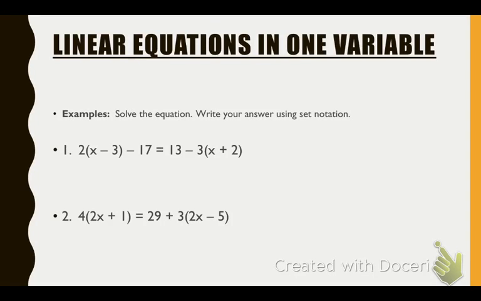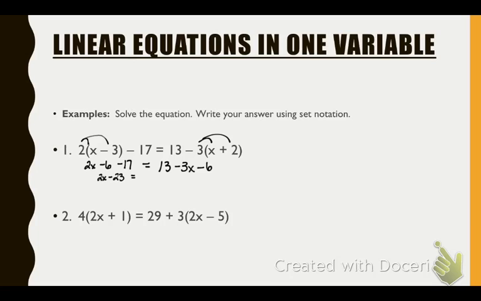Alright, all of P7. So first example, linear equations, one variable. What do I need to do to the left and the right side with that 2 and the 3? Distribute. So I'm going to distribute here and there and have 2x minus 6 minus 17 equals 13. I'm going to multiply the negative 3 through and have negative 3x minus 6. Combine like terms on the left and the right, so 2x minus 23